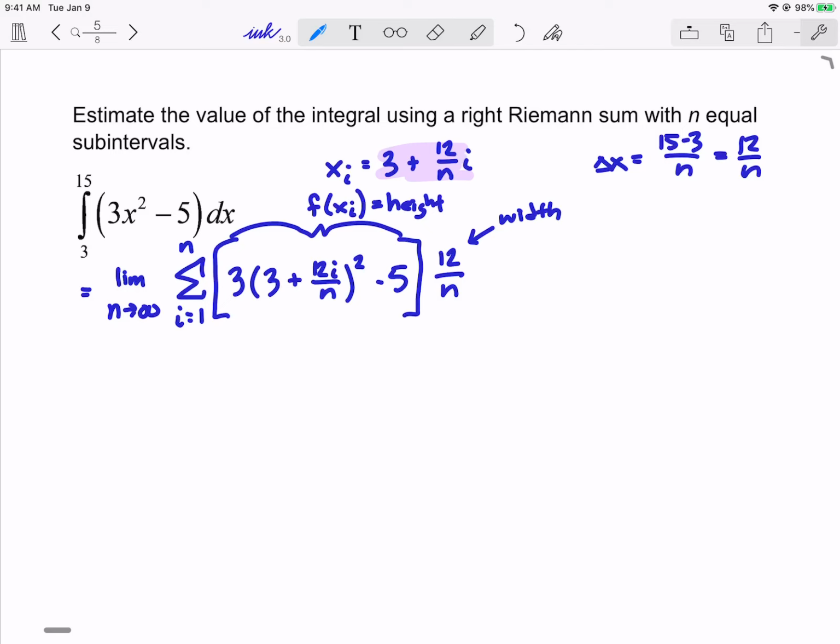Now, you don't need to know how to do this, but I'm really curious, what on earth does this actually mean? Let's do the math. Let's actually expand this and compute the limit of this summation to show why this really works. Because remember, the goal is to show that this actually does equal the 3,288, which is the exact value of this integral. So, with some multiplication, which I am going to leave to you